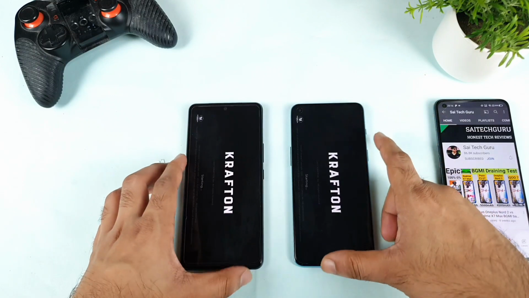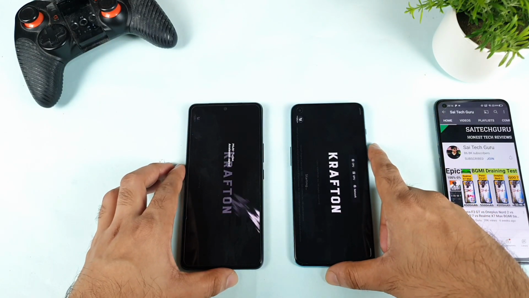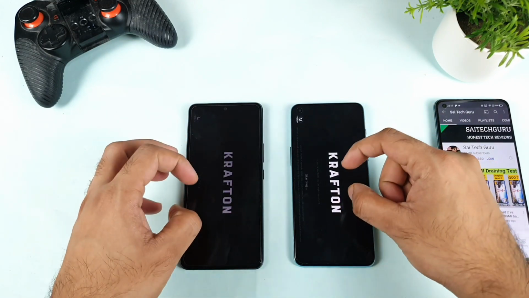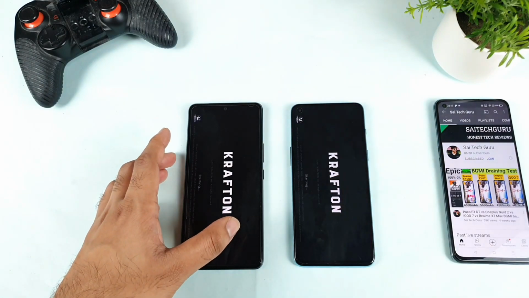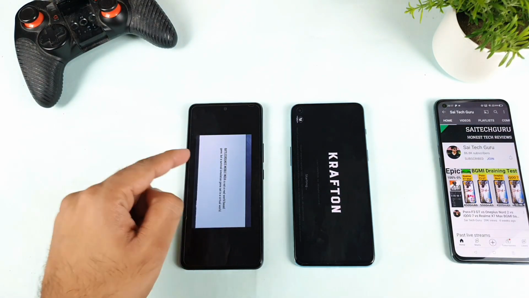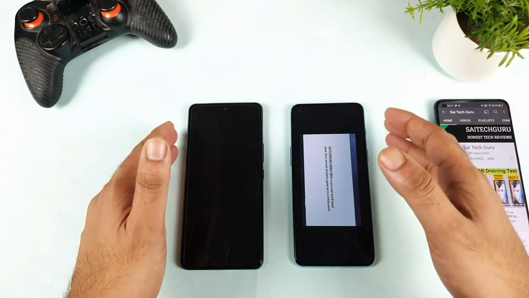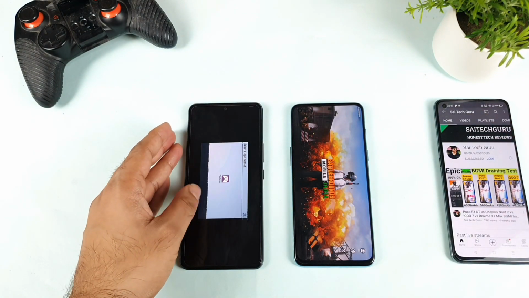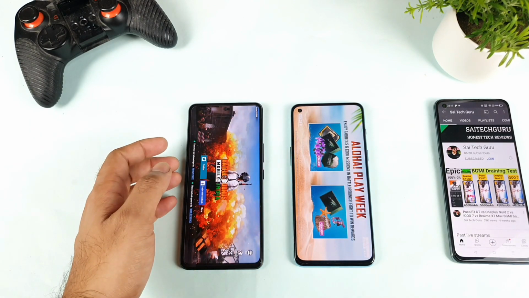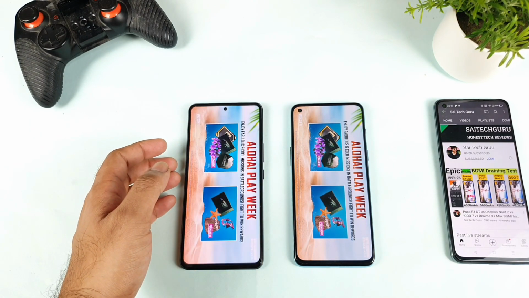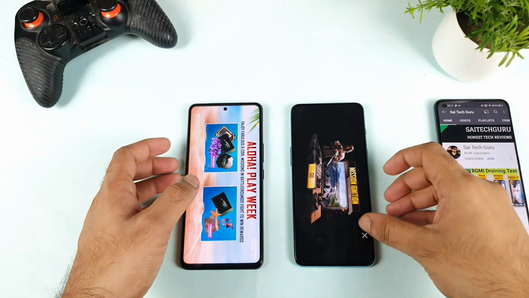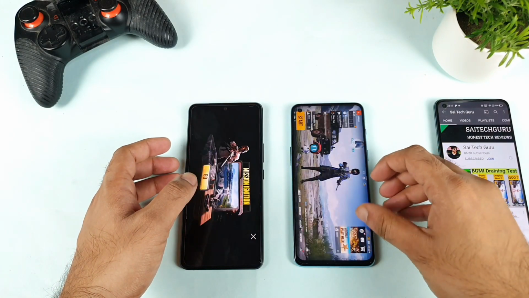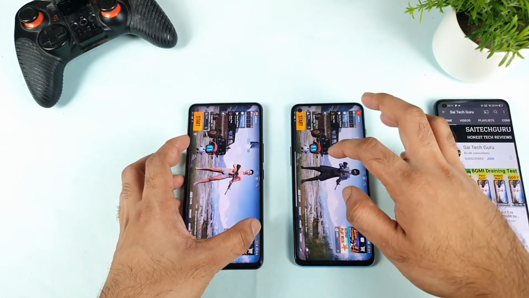And next is Paragon's mobile game. Let's see which one will show the logo first. That is what I'm going to check in this video. First the iQOO 7 device, which has the Snapdragon 870, was able to display first, not bad. And next the OnePlus Nord 2 device. Not bad overall. Let's go to the home page again.